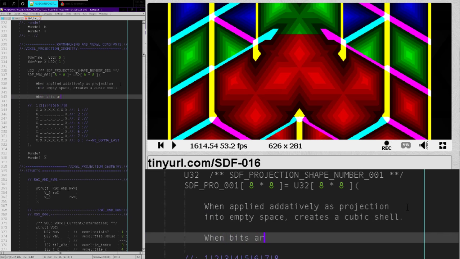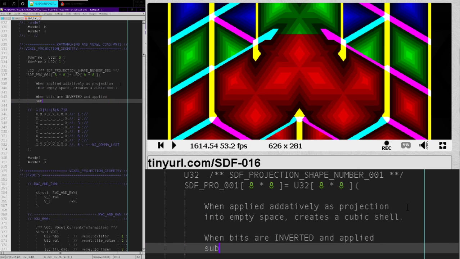When bits are inverted and applied subtractively to a